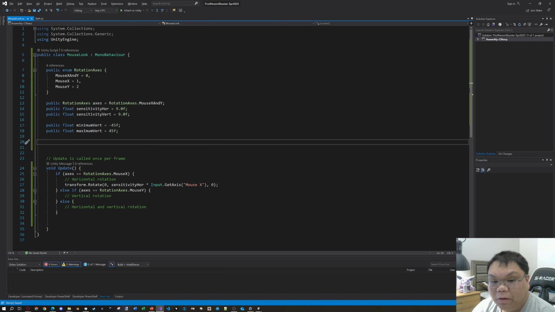Also, we need a private float that we use to keep track of what is our current rotation. That's gonna be set to 0 for now. Now that we have these fields set up, we can write the code for our